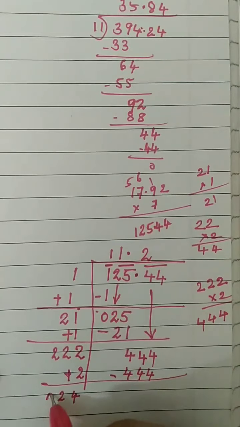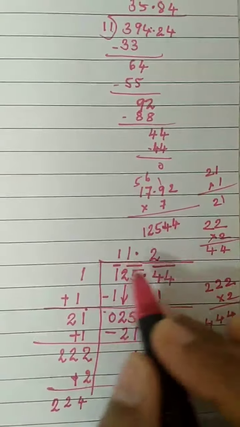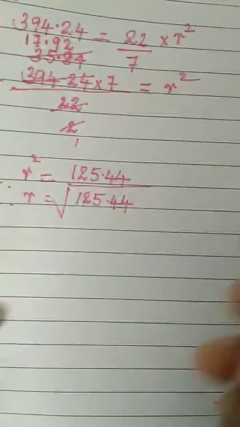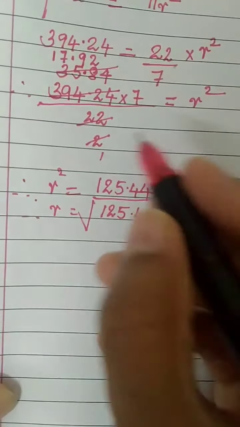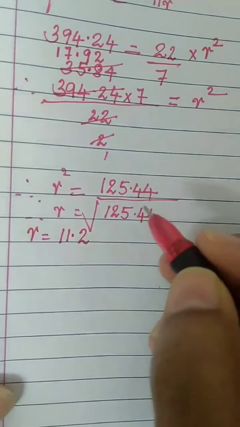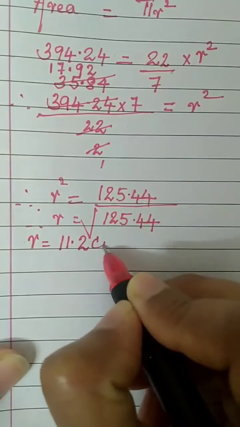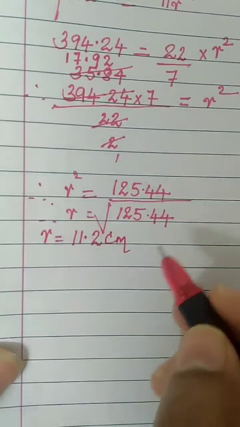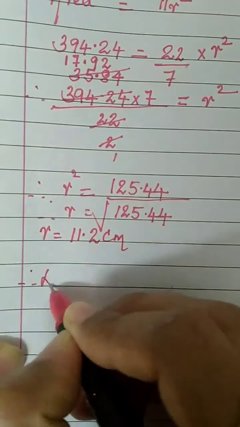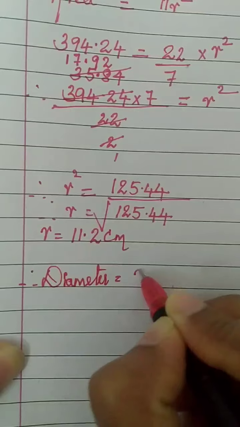So, you are getting 224 and here you are getting 0. And what is the answer? 11.2. So, what is square root of 125.44? R is equal to 11.2. Unit is centimeter. So, if you got radius as 11.2 centimeter, therefore diameter will be, diameter is equal to 2